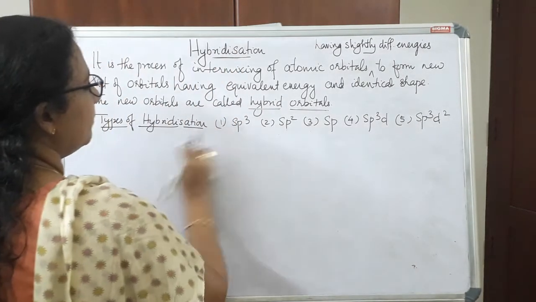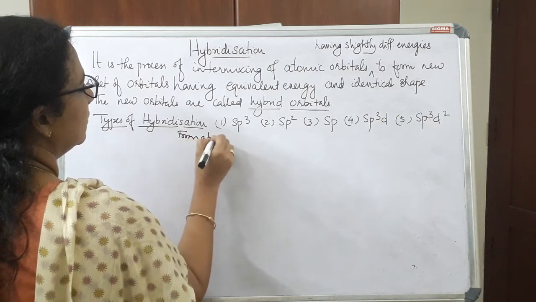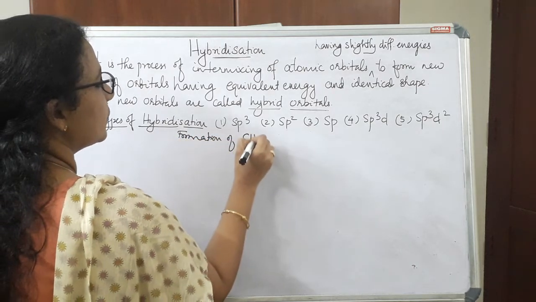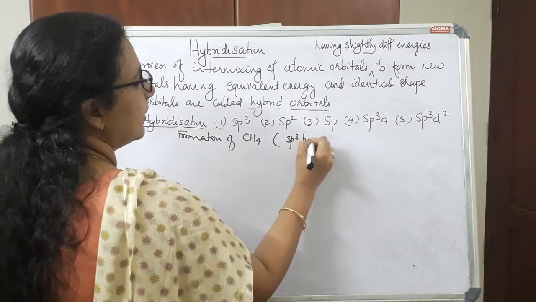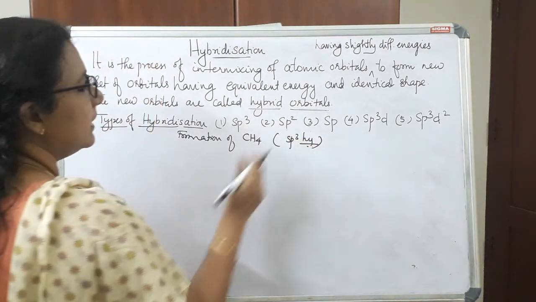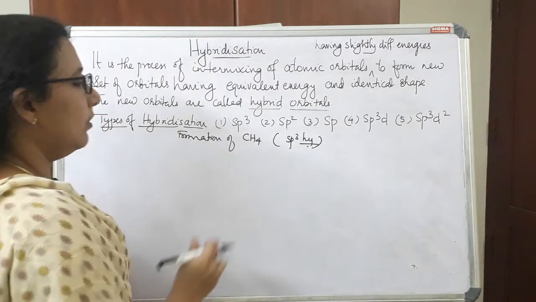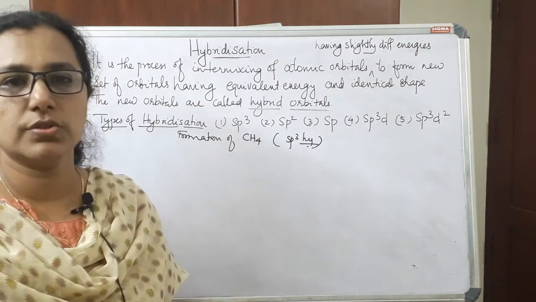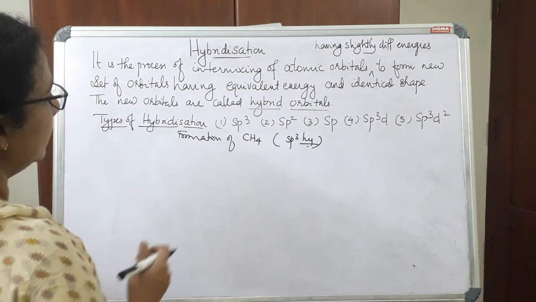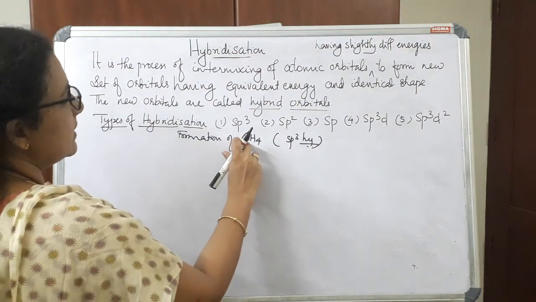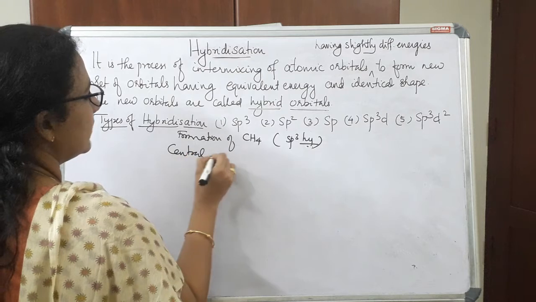In the formation of the CH4 methane molecule using sp3 hybridization, the concept will help us to explain the geometry of the CH4 molecule. So let us consider CH4 and consider the central atom. The central atom is